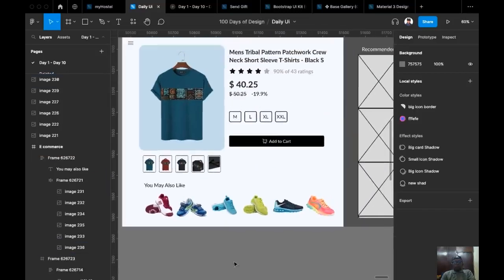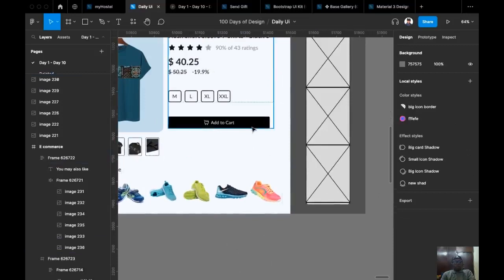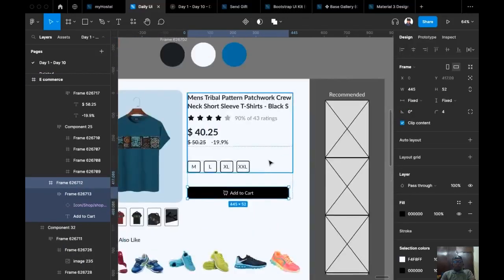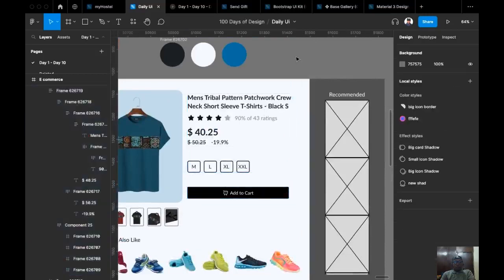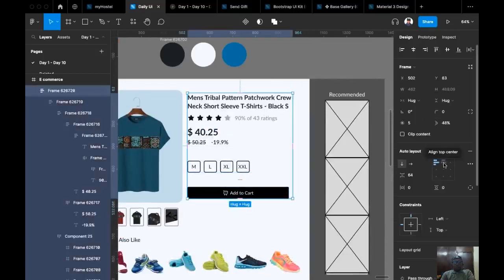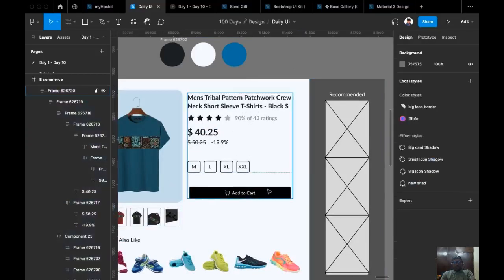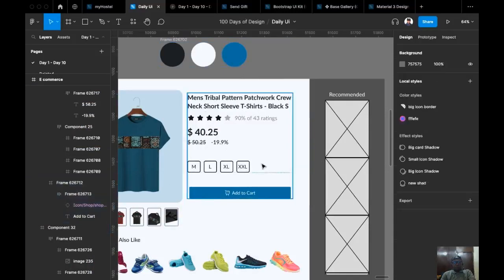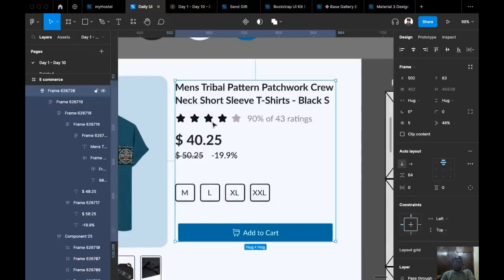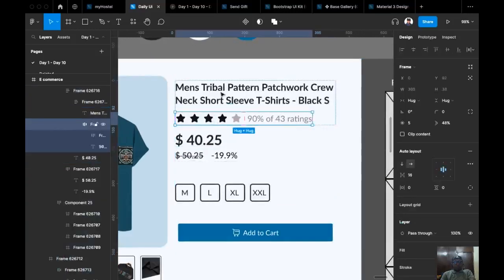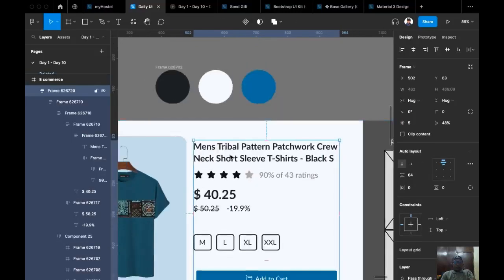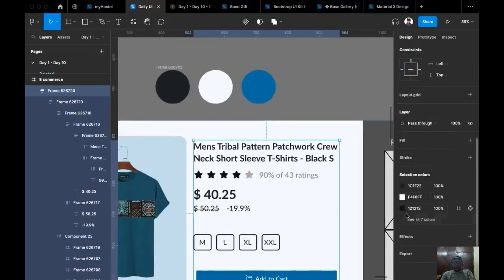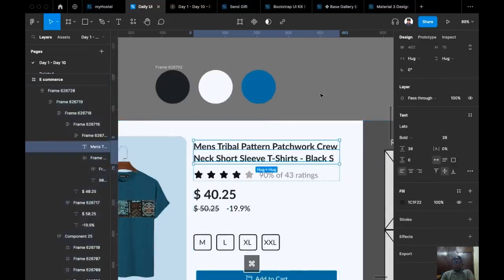So I've replaced them. Next, this button is going to have our blue color, and it should be vertical center with the other things we have here. So I'm going to change the color of this to our blue. Select it, press I on the keyboard and select our blue color. And also this rating, the black on this rating, so every black here, I'll change them to our black before I move on. So I'm going to click on this text, select our blue color,